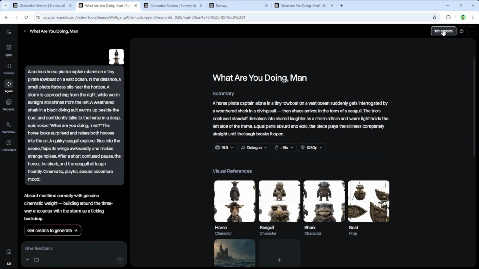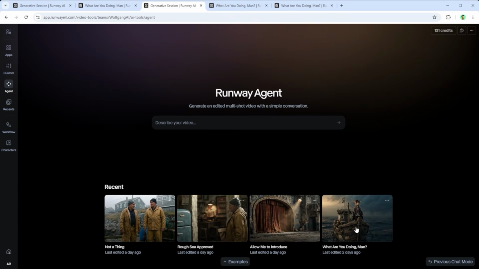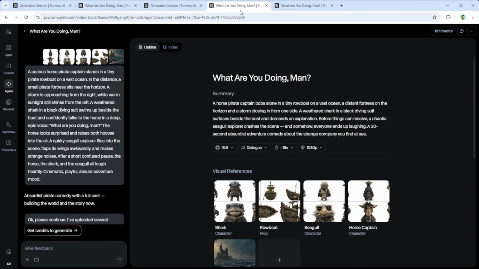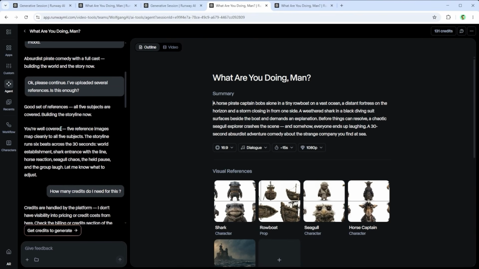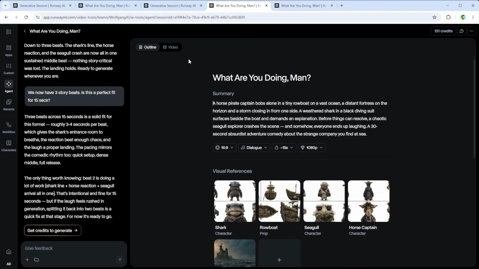credits are shown. By the way, you can reopen your agent project at any time and tweak more settings. Just go to the agent interface and choose one of the tiles shown at the bottom. That takes you straight back into the project, with the full chat on the left and the storyboard on the right. If you've already generated a video for that project, you can switch between outline and video in the top